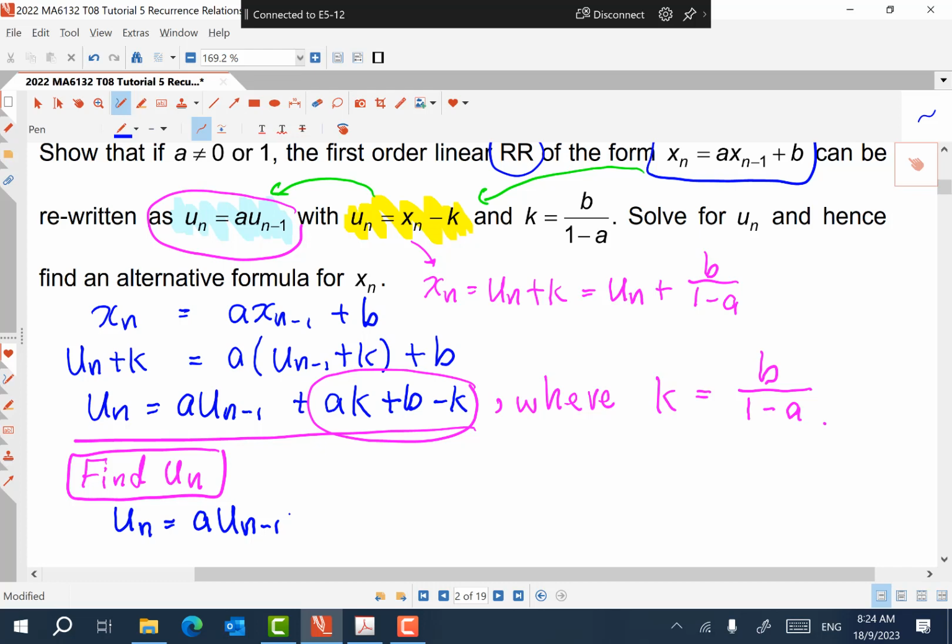The GP. If a term is obtained by multiplying A to the term before, this is a GP, isn't it? It's not general practitioner, no. It's geometric progression. Right? And Vishwa recognizes that this is a GP. He therefore knows that un is equals to what? A into u1 to the power